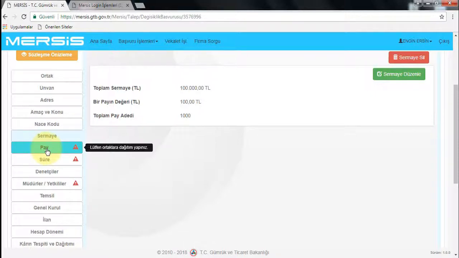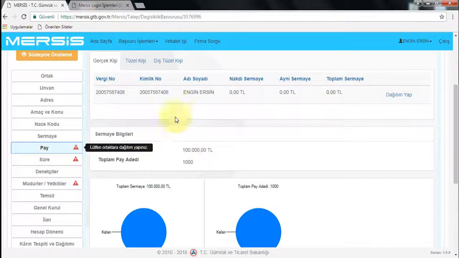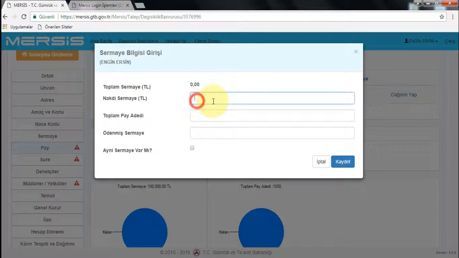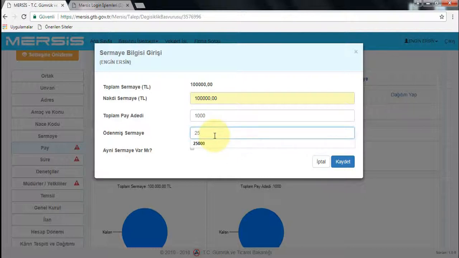Here, we click on the Distribution to a Real Person button. Since the cash capital is 100,000 liras, the total number of shares is 1,000. The paid capital is legally one quarter. We write 100,000 quarters equals 25,000 liras. If there is a value in the capital as a commodity, then we are also asked to put a tick on it and make the entry on the total value. Then press the Save button. After pressing Add,